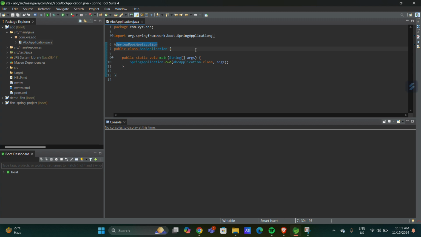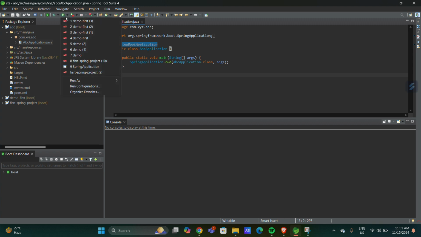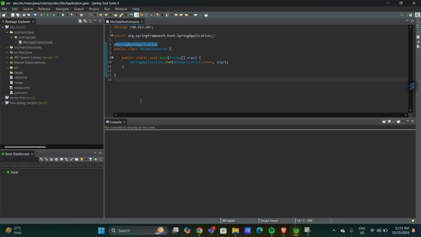Okay, so this is our Spring Boot project starter, the starting point of a Spring Boot project. We develop it and import it in our IDE, Spring Tool Suite. Now we need to run this project. How can you run this project? You see the option, but we are not going to directly run this project, because